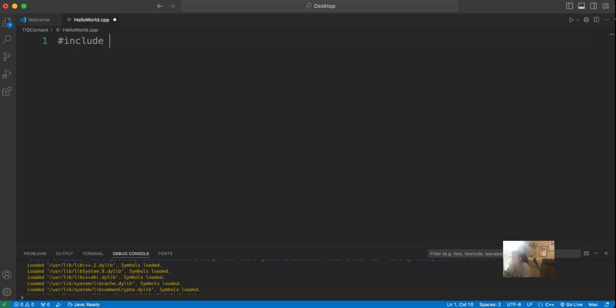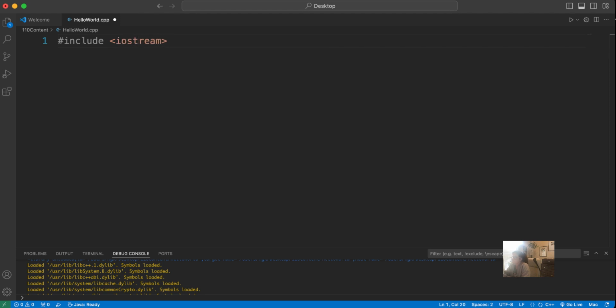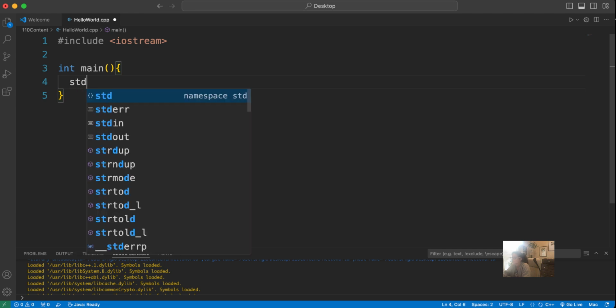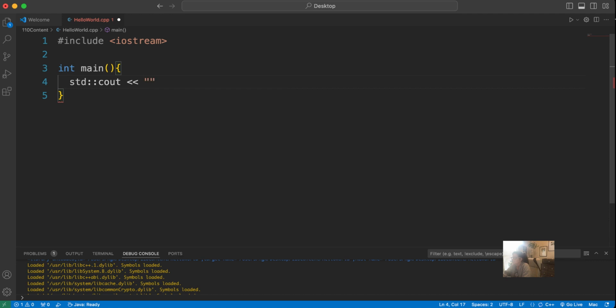Again, your requirement was to simply demonstrate that you have installed and set up your environment. So first thing I need to do is provide that preprocessor directive to iostream. The next thing I need to do for my Hello World program is to define a main function. As you saw in your reading, every C++ program requires exactly one main function because that's where the processing starts.